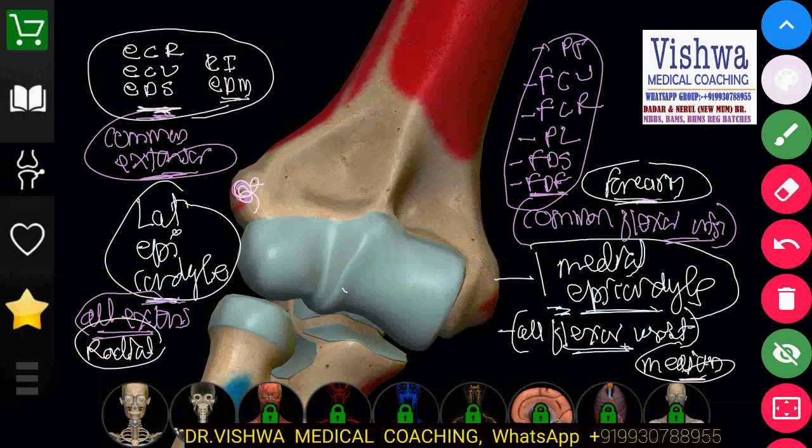And then finally we have the applied part. Fracture of the humerus, dislocation of the shoulder joint, all that comes under the applied part of this. You can take a screenshot right now. You can also share it on the group. If somebody gets benefited, we are happy. Okay, so this was the muscle attachment.